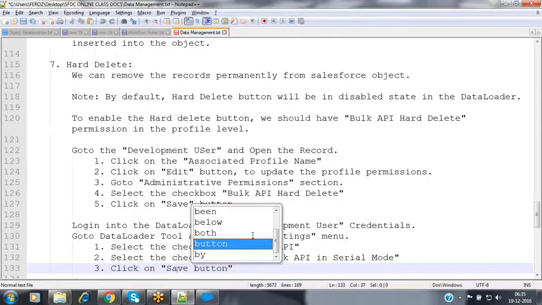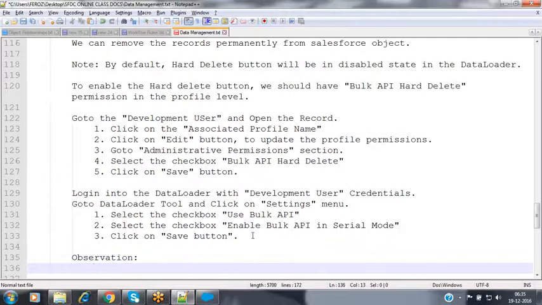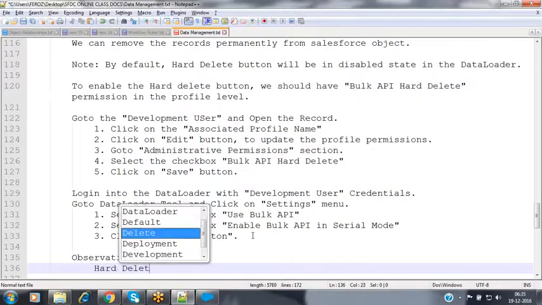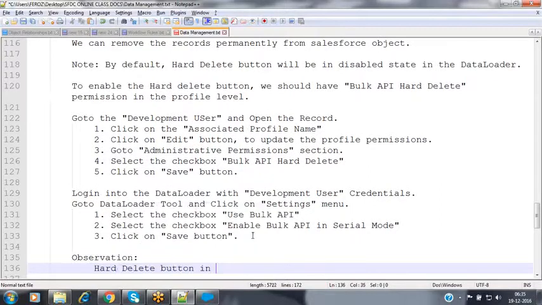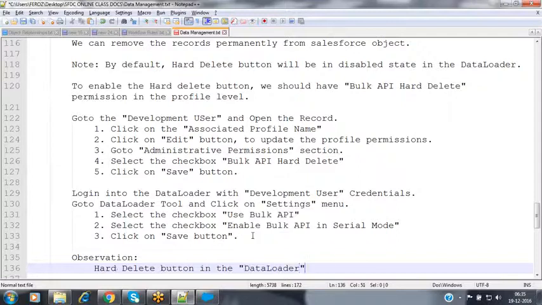Then the observation is hard delete button in the data loader will be enabled.